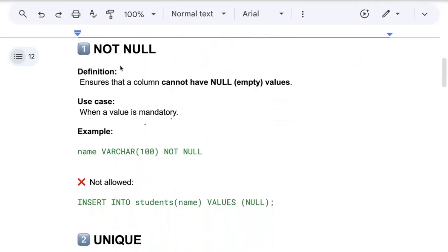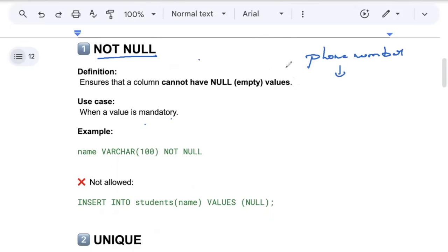Okay, the very first SQL constraint is NOT NULL. You know what NOT NULL will do? It ensures that a column cannot have null values. Let's say, for example, there is a Google form or a website form wherein you have to fill in the phone number. Many a time we feel like not giving a phone number. Have you seen that many a time when you try to submit the form without giving a phone number, it doesn't accept it? That is because the form is connected to a database, and in that database, the phone number column is given the constraint NOT NULL. So that means you're not supposed to complete the form without giving a phone number.